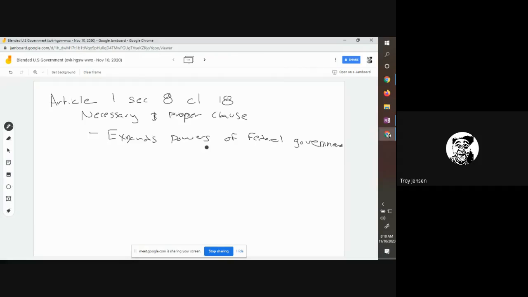Opponents of the necessary and proper clause believe that it's too broad, that it almost gives a blank check to what Congress can and cannot do. But over time we have found that with the utilization of political parties and how the House of Representatives and the Senate are set up, when it comes to the legislative process, the bill making process to create new laws, it actually works out perfectly because it's such a laborious and difficult process to pass a law that even though Congress has the power to pretty much do whatever they want, they kind of check